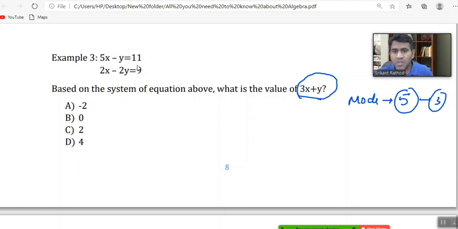Right? Now what if they are not allowing us to use a calculator? Of course we have to follow either elimination or substitution, but elimination or substitution will be used only when we need to find the individual values, that is, what is the value of x or y, whenever they are asking you individual values. But whenever they are asking what is the value of something, x plus y, something with their coefficients,